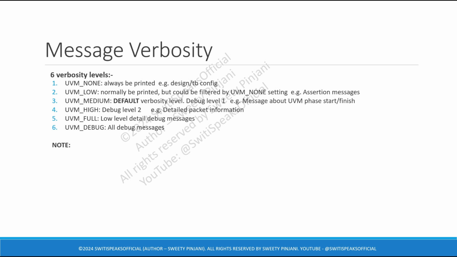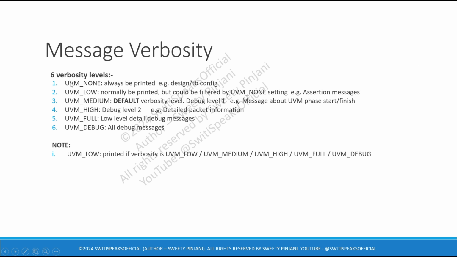Now let us understand some important things. If you set the verbosity to UVM low, it will print the messages. UVM low is printed if the verbosity is set to low, medium, high, full or debug.